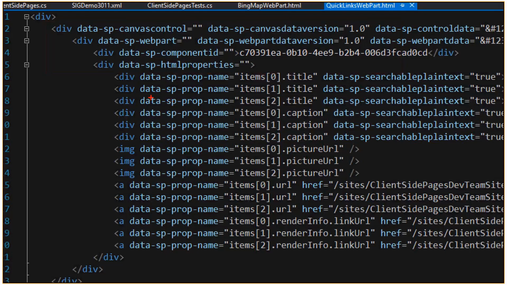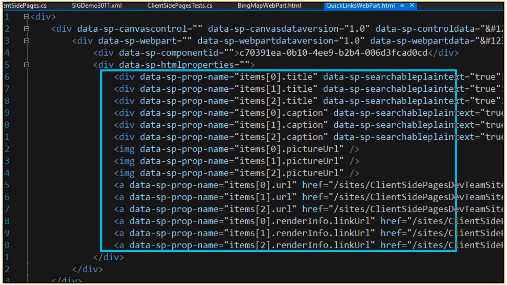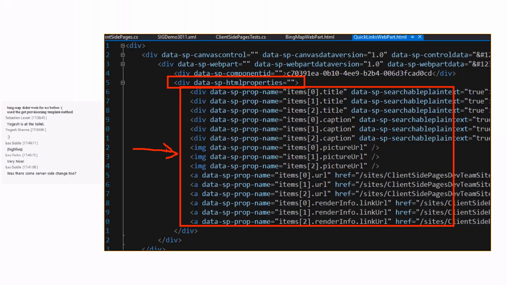But we didn't add the HTML underneath this particular HTML properties div. Initially some web parts that we tested did work without this HTML, but this is critical for some web parts like quick links and Bing Maps to work. And that's a change we did.